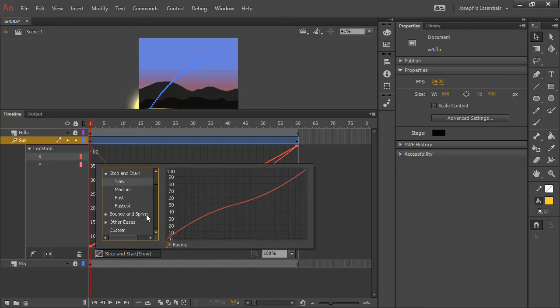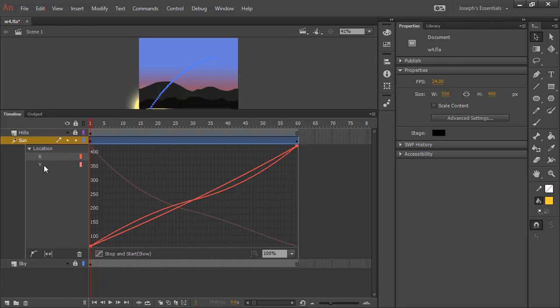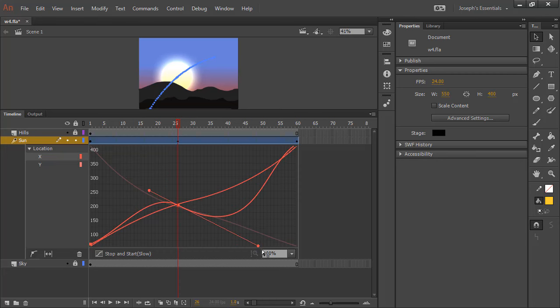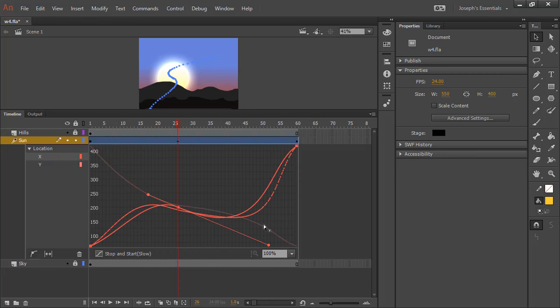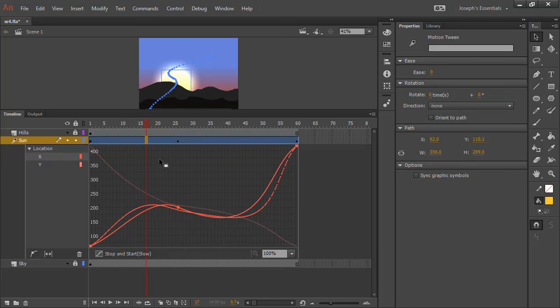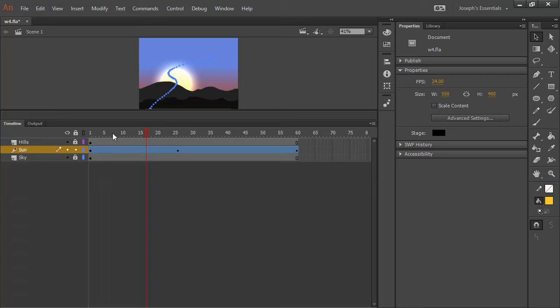If you want to go ahead and choose a specific property, you can actually change the easing either through going through the easing presets for X and Y, so they can both have completely different eases if you want to. Or you can actually use this tool right here to add anchor points to the graph. So when you do that, you're able to actually add these anchor points, and you can change very drastically how things work. So if I collapse our motion editor by, again, double clicking,